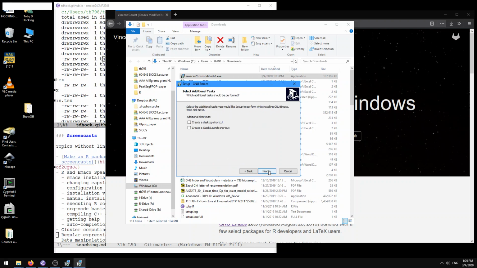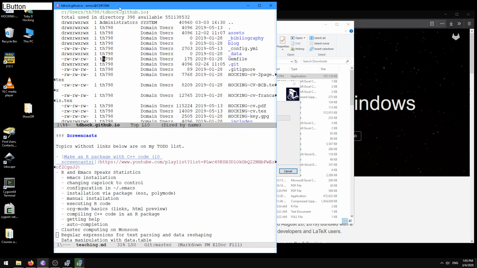So that'll install Emacs on my Windows computer. Notice I already have an older version of Emacs running. I can check the version of my Emacs by typing